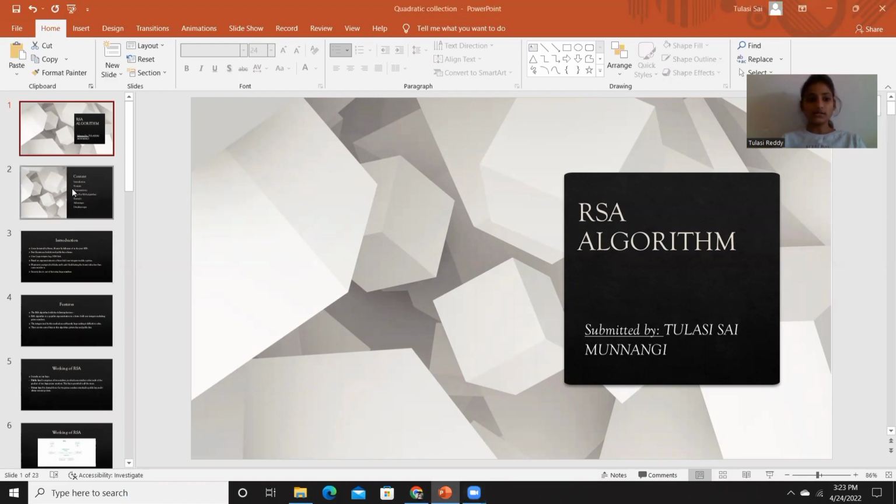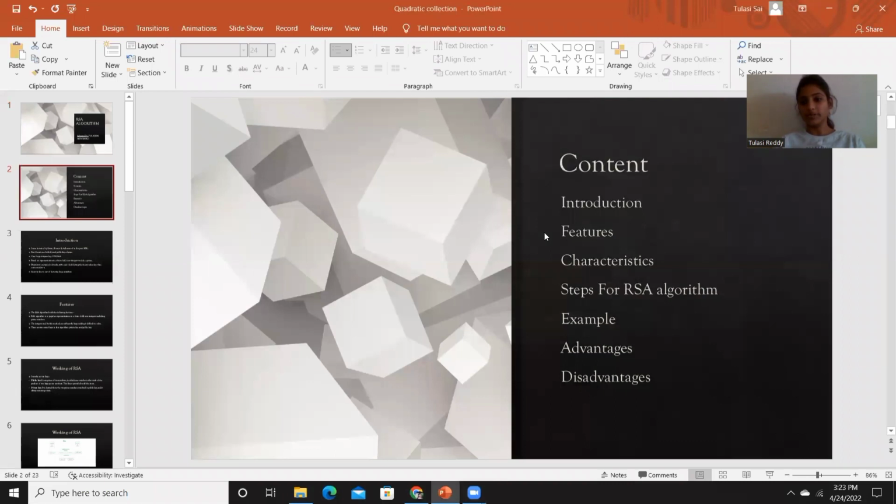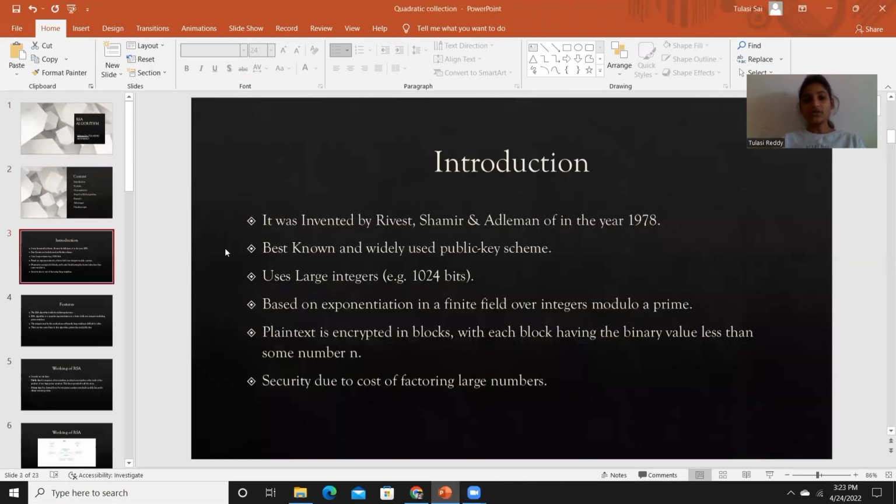And these are the contents. Today I'm going to discuss a brief introduction, features, characteristics, steps for the RSA algorithm, an example, and advantages and disadvantages of the RSA algorithm. Coming to the introduction, the RSA algorithm was invented by Rivest, Shamir, and Adleman in the year